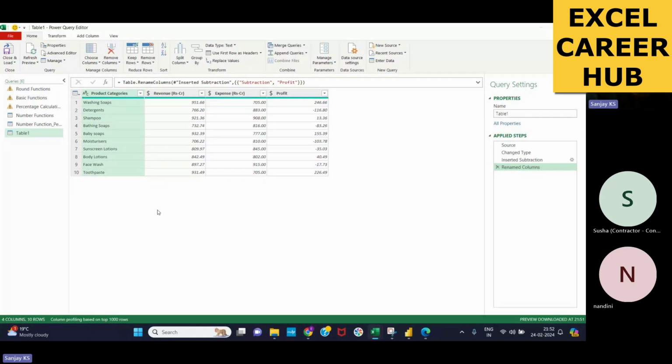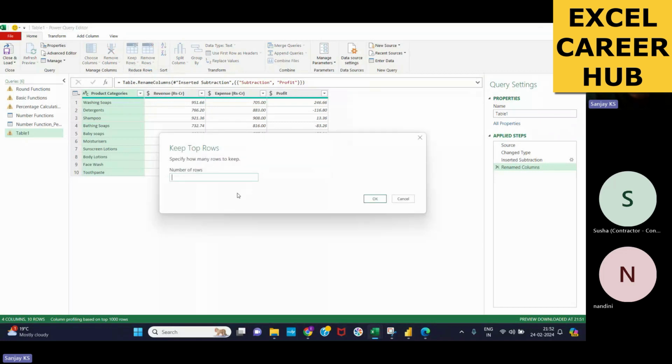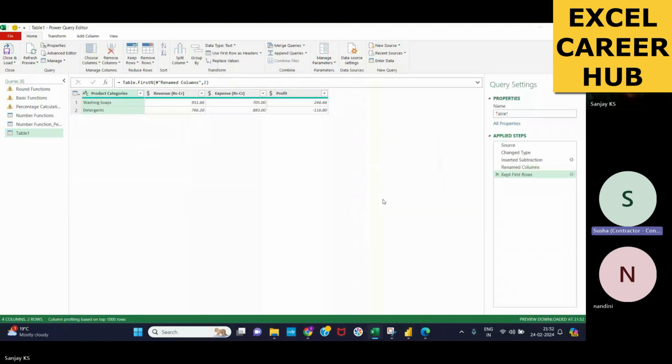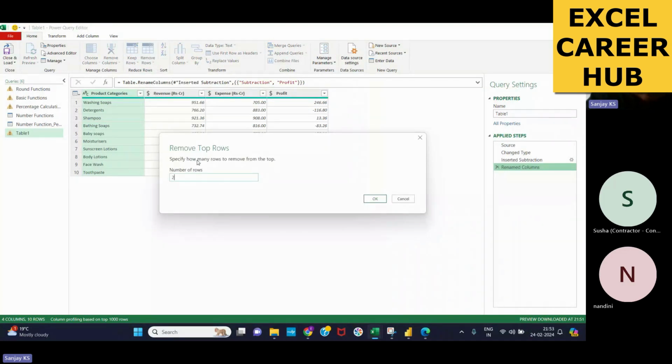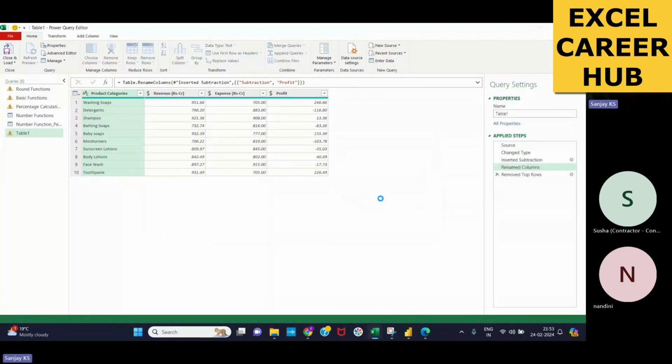कैसे है, जैसे मैं एक बार आपको करके दिखा देता हूं। इफ आई वांट टू से कीप रोज, कीप टॉप रोज, राइट, कीप टॉप रोज, और ये पूछेगा कितने। इफ आई से 2, इट विल रिमूव अदर रोज। ओके, तो ये कभी कभी डेटा में से क्लीनिंग वगैरह में काम आता है। वी वांट टू कीप ओनली टॉप 5 रोज, व्हाटएवर वी वांट टू डू कैन बी डन फ्रॉम हियर। सो इट इज कीप रोज। रिमूव रोज इज जस्ट उसका वो कि रिमूव टॉप रोज बोलना है तो ये ऊपर के 2 रो हटा देगा, 2 4 6 जो भी बोलूंगा, ऊपर के गायब कर देगा।